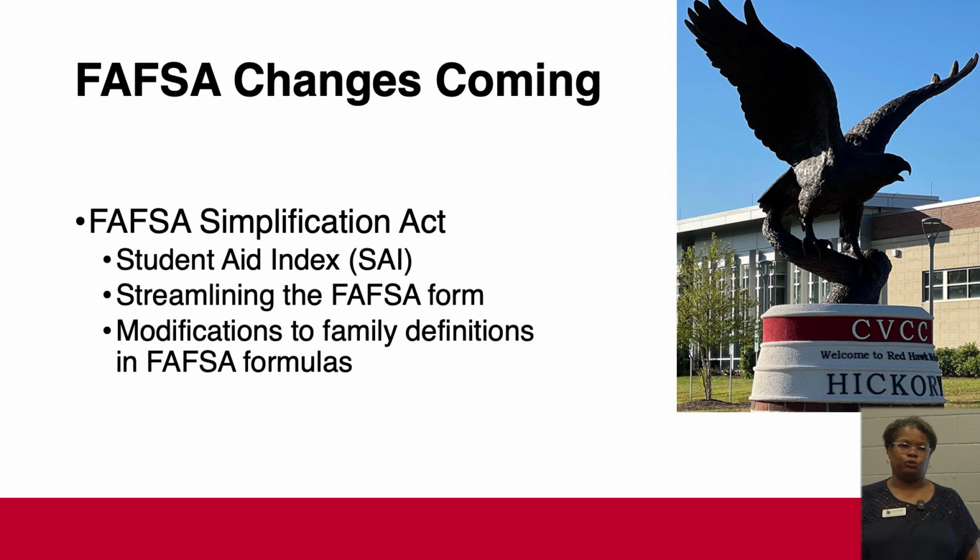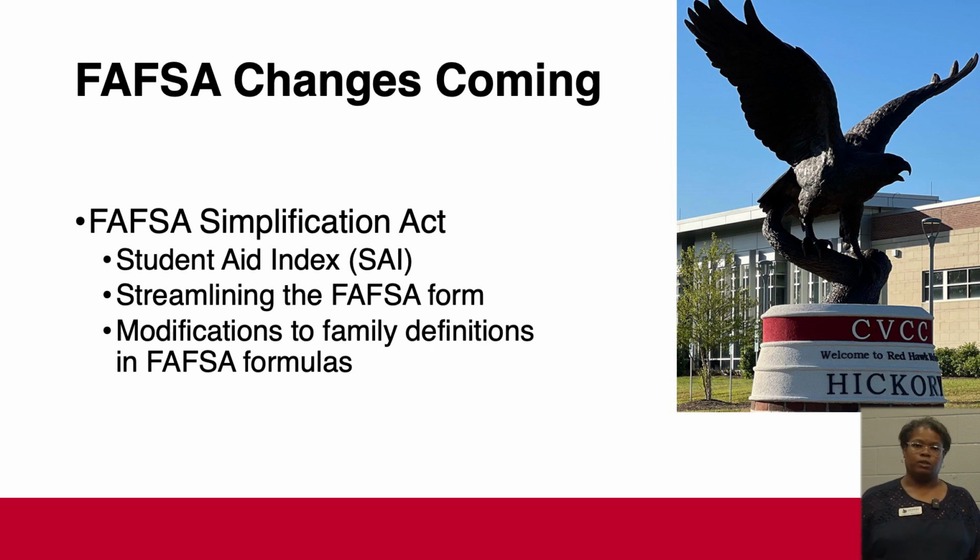When it comes to parents who want to have the information of the student's financial aid, we are not allowed to release that information unless there is a FERPA form which gives third-party consent from the student on file in our office. So if you wish to be able to check on the status of your student's financial aid, we do ask that you have your student fill out that FERPA form giving you access. And we will only speak with the person that they put on that form.